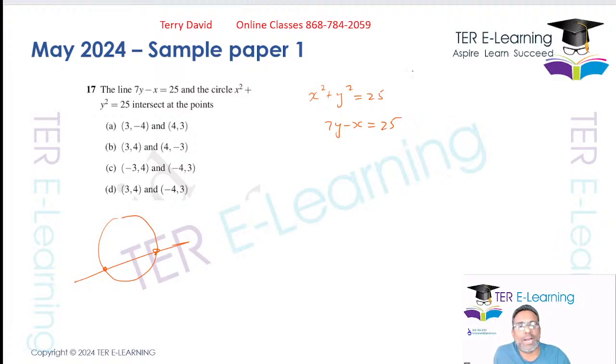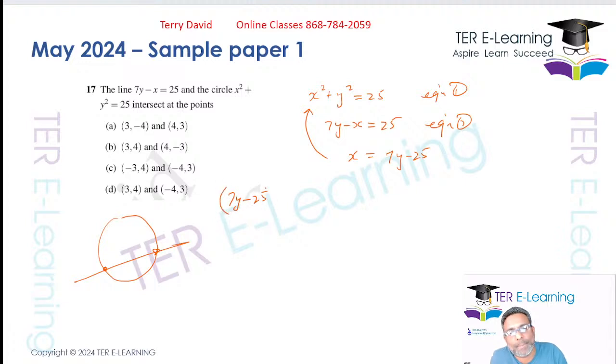So I will call the circle equation 1 and the line equation 2. From equation 2, I can get that x is equal to 7y minus 25. Then I'm going to substitute that into the first equation. So this is going to be 7y minus 25 squared plus y squared is equal to 25. When I square 7y minus 25, I'm going to get 49y squared